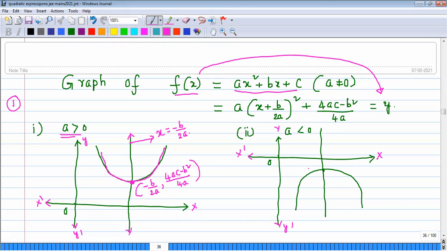So my dear students, in a similar manner, here this line is also a line of symmetry whose equation is x is equal to minus b by 2a, and the coordinates of this point are minus b by 2a, but in this case a less than 0, maximum value, that is 4ac minus b square by 4a. For your better understanding, these coordinates are called the vertex of the parabola. For example, y is equal to ax square plus bx plus c represents a parabola whose vertex is minus b by 2a comma minus delta by 4a. So this you need to understand.